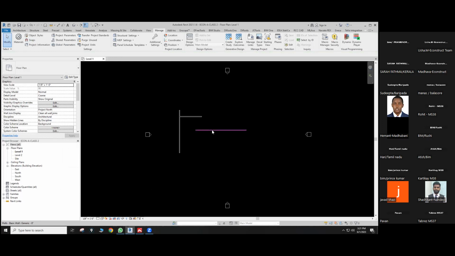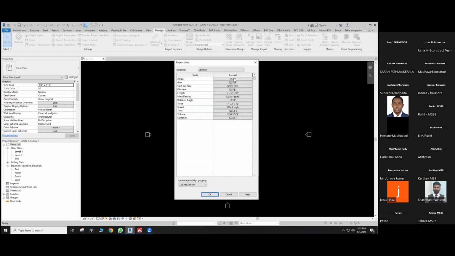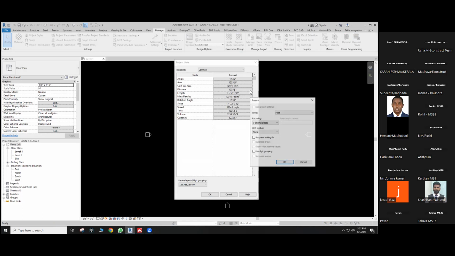Next level, what we are going to do, I told you, right? This is imperial. By mistake, I took this one as feet and inches, but I have to change into the metric system, which is the meter or maybe the millimeter. So how can we do this? Simple, you have to go for the units here, click it, or you can also type UN. See, and here you can find the common. There is area, cost area, distance, length. These are actually length units. Distance, so that I'm going to change into